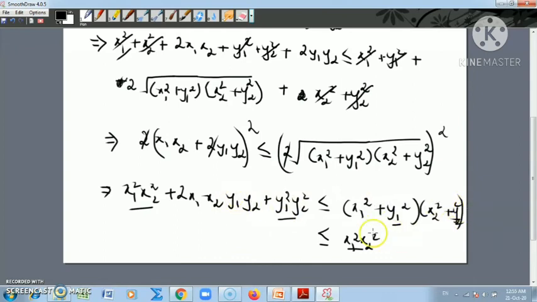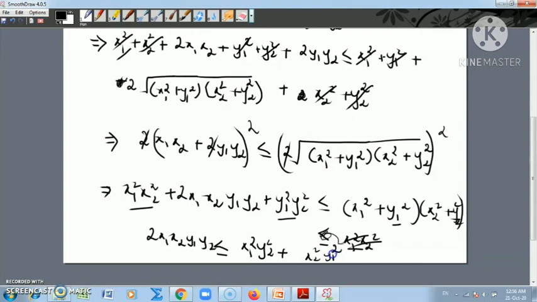And what I can do is straight away I can put only the terms. From here I'll have twice x1 x2 y1 y2, because these two terms will go away with the corresponding terms this way, is less than equal to x1 squared y2 squared plus x2 squared y1 squared. So we have this, and like this. Now this is equivalent to, if I can take it to the other side, what this becomes is